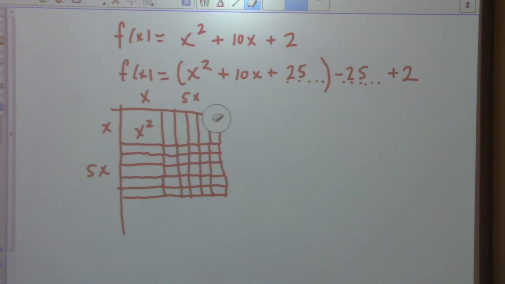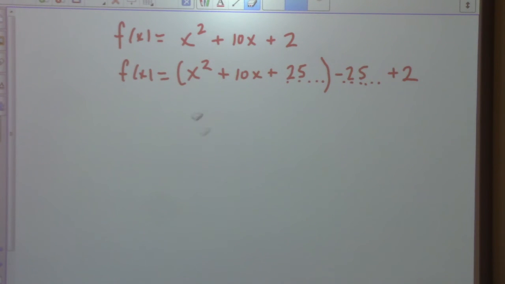I'm going to erase this right now. Alright. And I'm going to rewrite this as, and this is why it's a perfect square, x plus 5, x plus 5, and then we have, combining like terms,